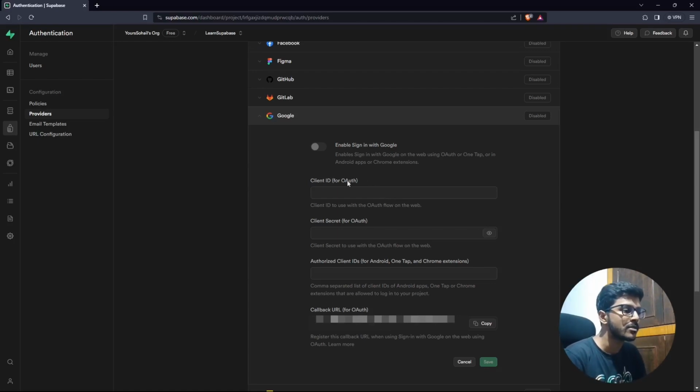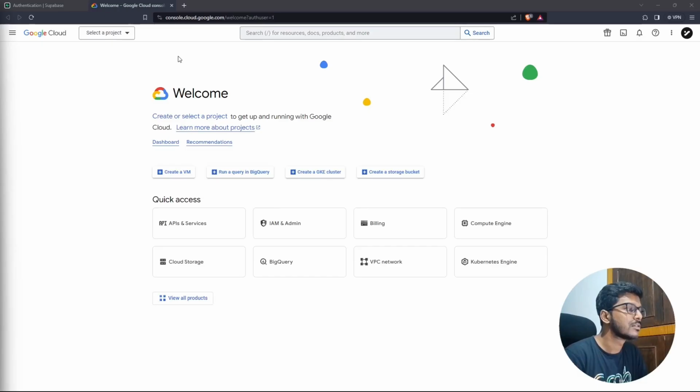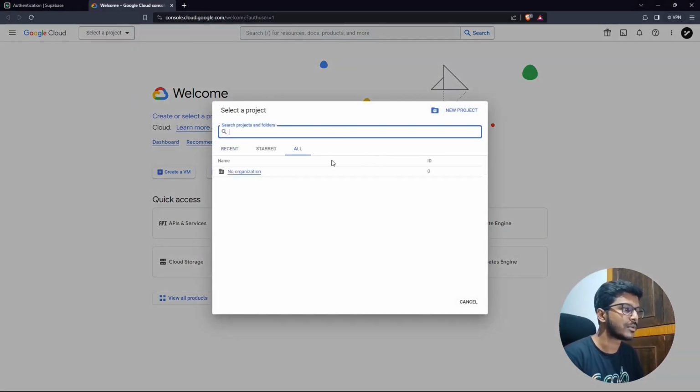Okay. So to get all these values, we have to open up the Google Cloud Console, and then create the OAuth IDs for web and Android. Okay, let's see how we can do that. Once you open up your Google Cloud Console, you will get a screen something like this. The URL is console.cloud.google.com, and we need to create a project first. So we will click on select a project, and since we don't have any project, I will click on new project